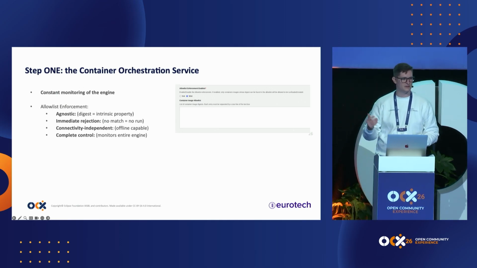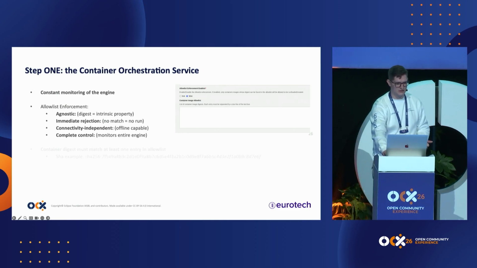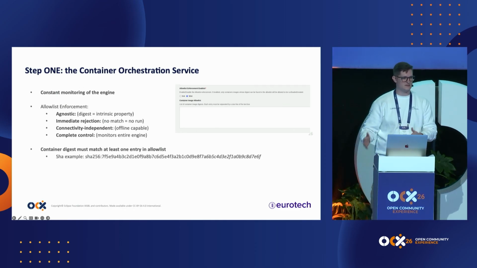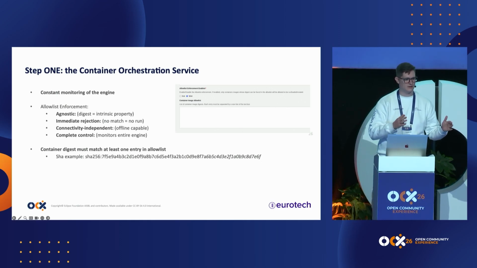So someone could add a list of digests, like the one in the example here, and be sure that only the containers generated from that specific image are allowed to run on the system. So we are already checking one of the goals that we want: it's agnostic, because the digest is an intrinsic property of the image. We have an immediate reaction, because if the digest is not verified and you don't match it, you don't run